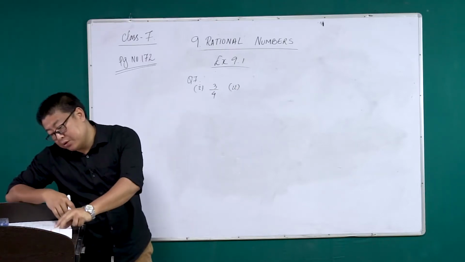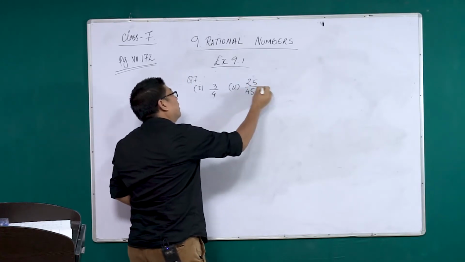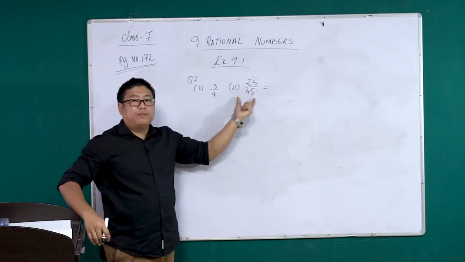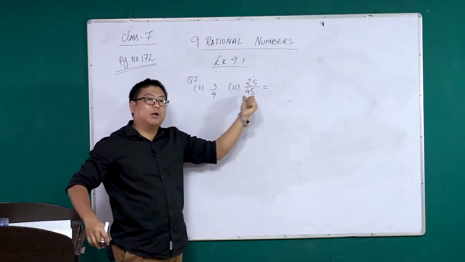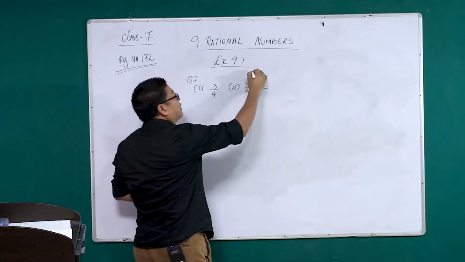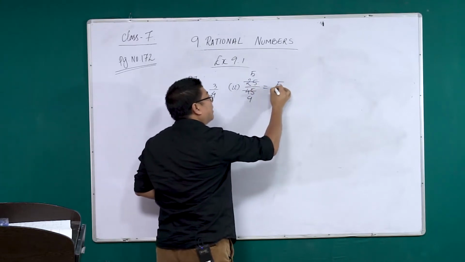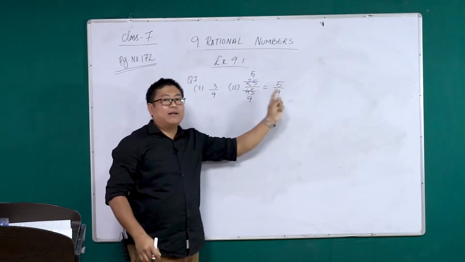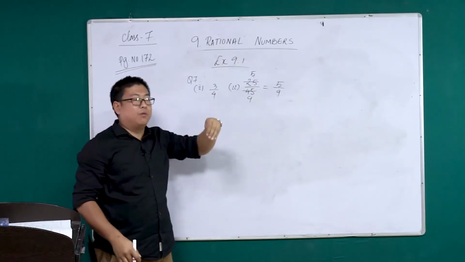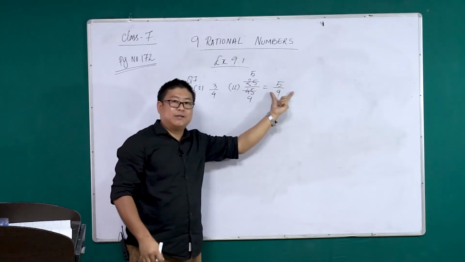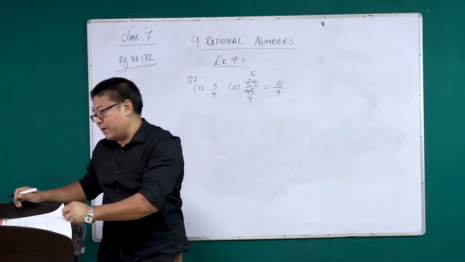The next question is 25 by 45. Now, when you look at 25 by 45, both of them end with 5. So we can know that this is in the multiplication table of 5. So 5 into 5 is 25. 5 into 9 is 45. So you are getting 5 by 9. So 5 and 9, they do not lie in the same multiplication table. So this is the lowest form. We are reducing this to this. Okay? So this is your standard form, 5 by 9. Similarly, for other questions, you can do it in this manner.